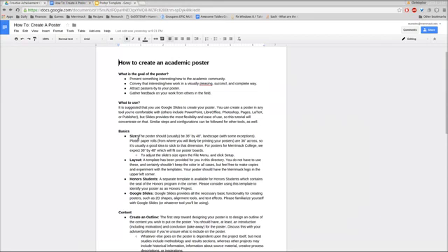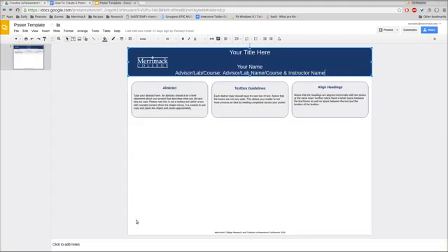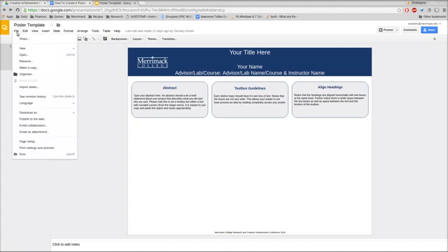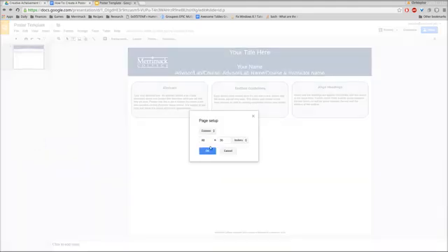Now the size of your poster should be 36 inches by 48 inches and set to landscape mode. So this is landscape mode. Now, to change the size of a poster, again, if you're using the template, it's already set up at 3 feet by 4 feet or 36 inches by 48 inches. But if you are looking to create your own from scratch, or you want to make a change to it, then you go to Page Setup under the File menu, and quite simply you change